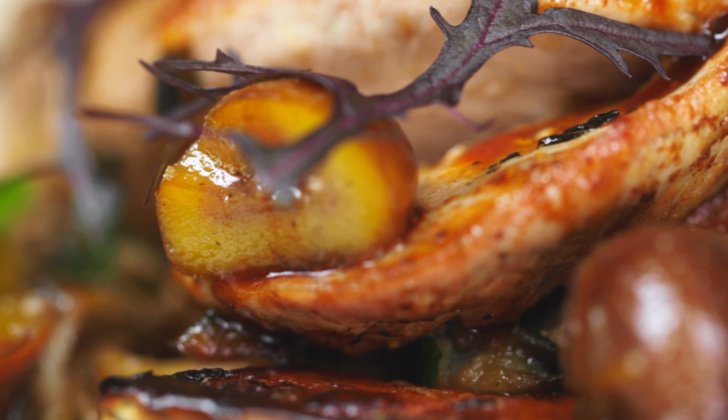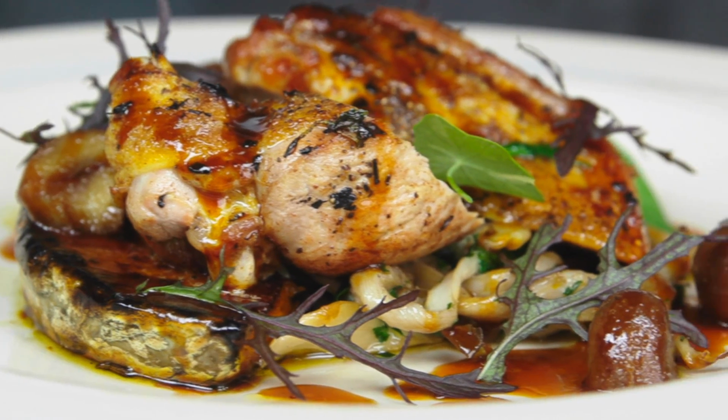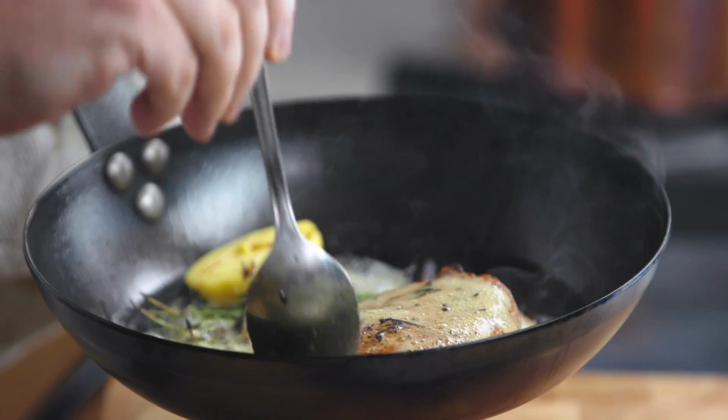It's one of the things that when I go out to eat, I look for the game. I look for the meat that you can't buy in the supermarket and you can't just pick up from your local convenience store. So I cooked some pheasant breasts in the Roccbox, and what I did was I took them